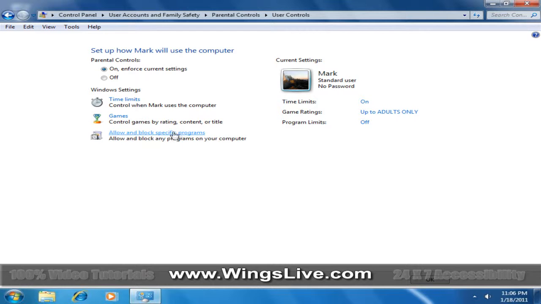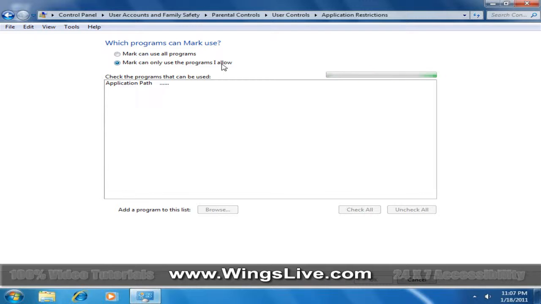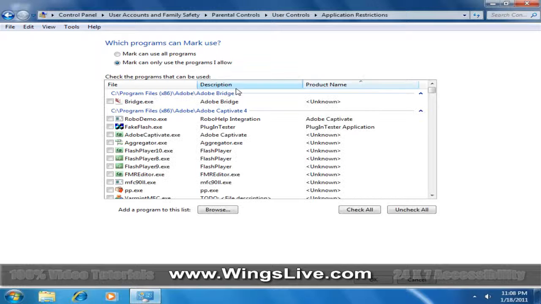And with the final option, Allow and Block Specific Programs, we can specify the programs that this user can have access to. If I select the option, Mark can only use the programs I allow. On selecting this option, the computer takes a while searching the programs that are installed on this PC. Now we can check the programs that can be used by this user, and the unchecked programs cannot be made